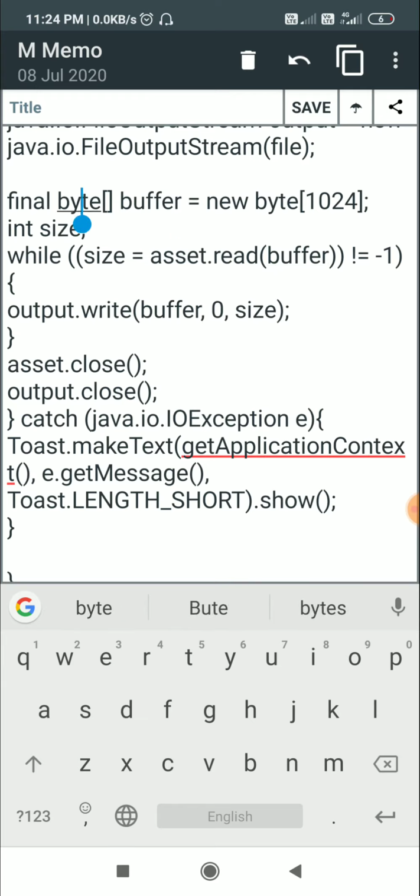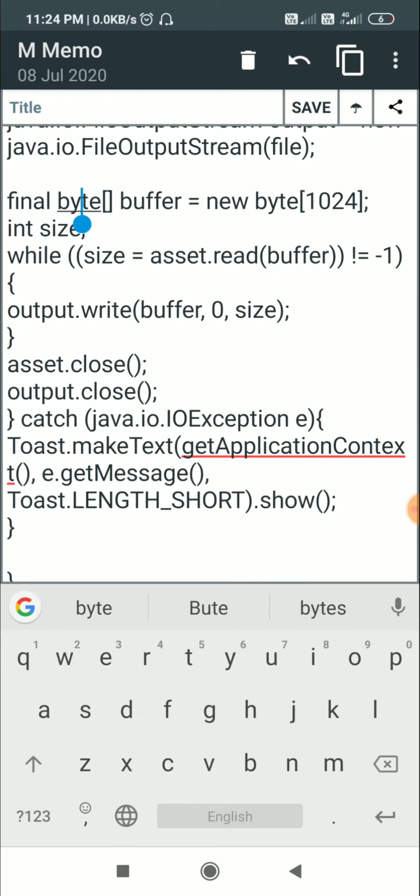So the input stream will read the byte array of the source file, and that will be size. And while this size is not equal to -1, the output stream will write the buffer to the destination file. So it will copy the file byte by byte.